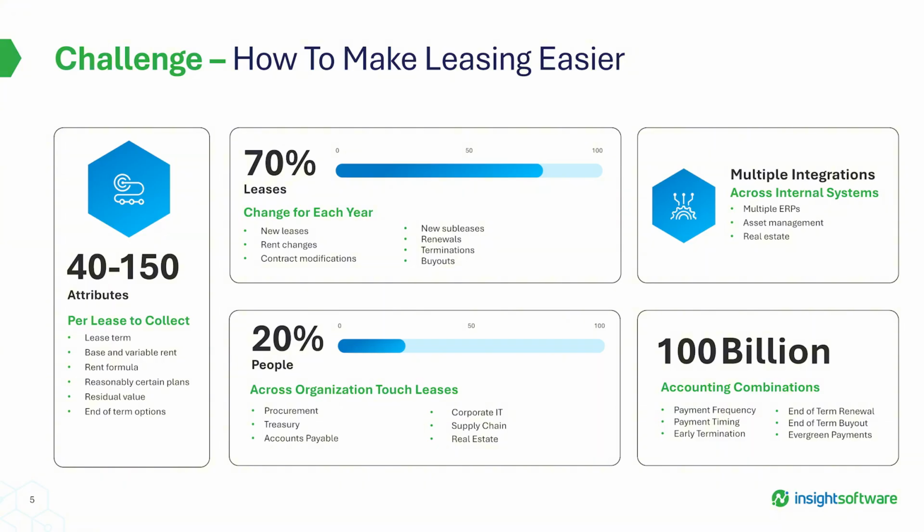The last added piece of complexity is that there's likely different stakeholders that touch leases depending on who they are. Perhaps you have a centralized real estate team to manage your lease properties. You also have category managers for the equipment leases. Who's in charge of returning the leases on time? Is there a procurement team in charge of finding replacement assets? And then once the replacement asset is found, does the treasury team secure the financing arrangement? Since leases may touch so many different stakeholders internally, it's really important that all stakeholders are involved in the lease